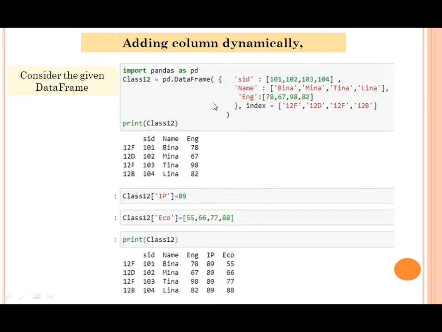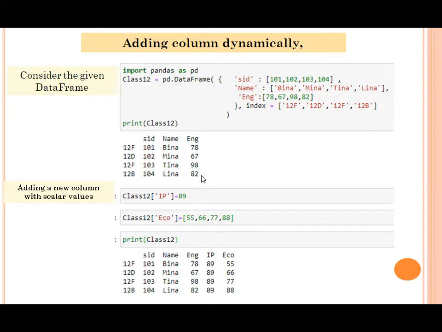Children, see, this is the data frame which we are considering, where SID is 101, 102, 103, 104. Names are Beena, Meena, Tina, Leena, and a few English marks. Now my question is, I want to add a new column with a scalar value.